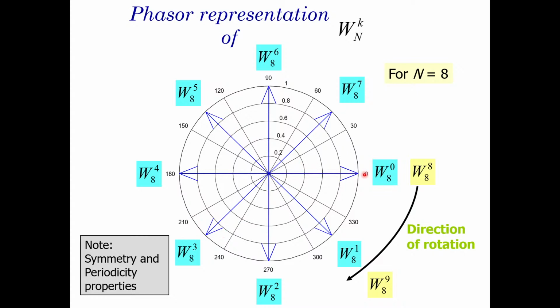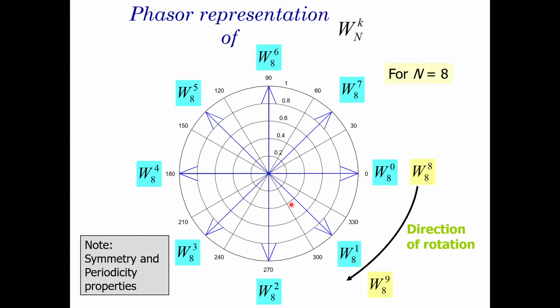angles. Because in this graphical representation, if we watch the axes here, the y-axis is imaginary and the x-axis is real. So W8 of 0 is just going to be 1. W8 of 2 is going to be minus j. W8 of 4 is just going to be negative 1. And W8 of 6 is going to be positive j. And then anything in between, we can just calculate out